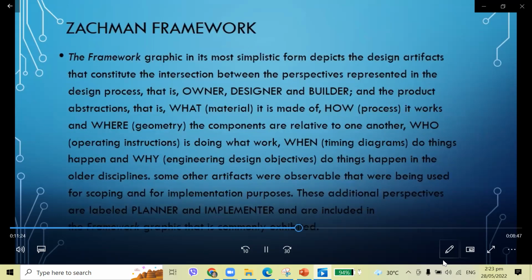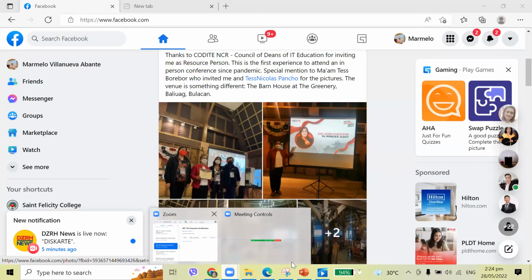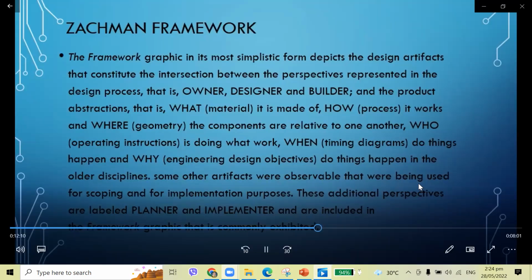So the framework graphic in its most simplistic form depicts the design artifacts that constitute the intersection between the perspectives represented in the design process, that is owner, designer, and builder, and the product abstractions. That is, what the material is made of, how the process works, and where the components are, geometrically, relative to one another. Then who is doing what work, when, as in a time diagram, do things happen,